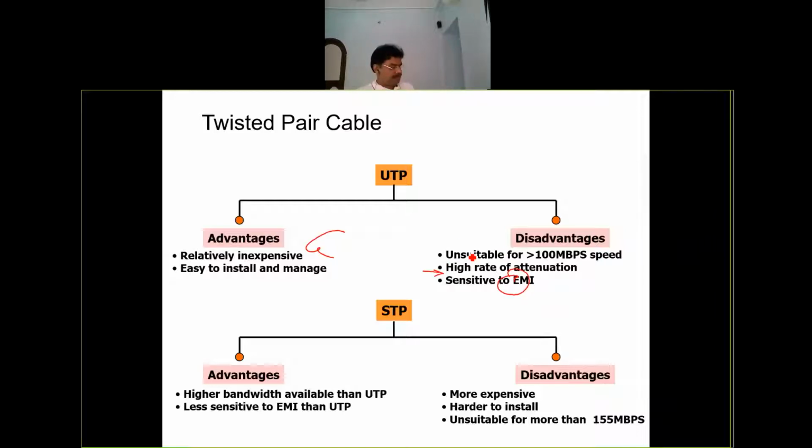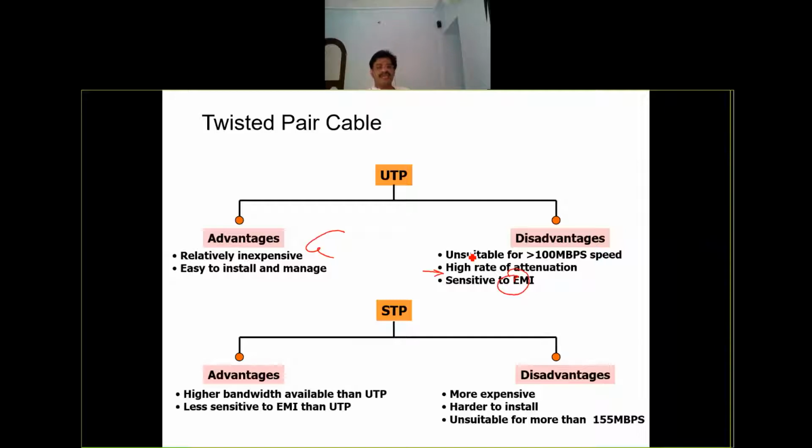When UTP cables are operated at a bandwidth of more than 100 Mbps, the electromagnetic interference as well as the radio frequency interference is quite high. So a specific type of shielding needs to be provided, and that is provided with the support of STP, shielded twisted pair cable. But again, those are also not at all suitable, up to category 5 cable. I am talking about the twisted UTP and STP.